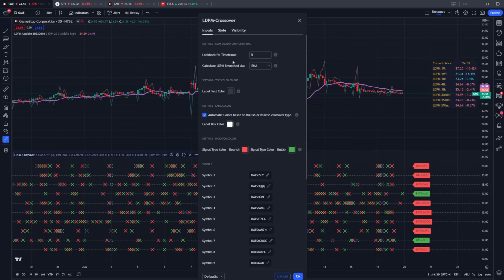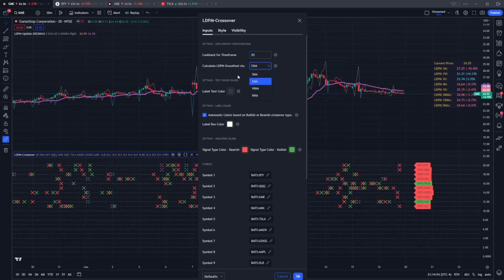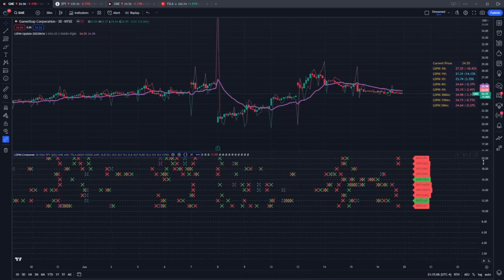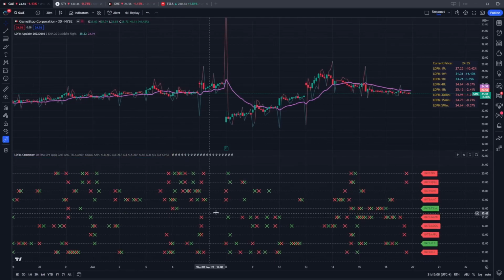The look back is the same, where we're telling the algorithm how many back data prints we want it to include in the LDPM-smooth calculation. I typically try to keep the scanning look back time frame and the LDPM-smooth that I'm using on my chart the same. And so we're going to go ahead and put 20. And just like above, we can choose which algorithm we want to smooth or to create LDPM-smooth with. And like I said, I like to keep them the same. So we're going to go ahead and just choose EMA. And we can see that the field is a lot less cluttered now because we've expanded the smooth's value, so